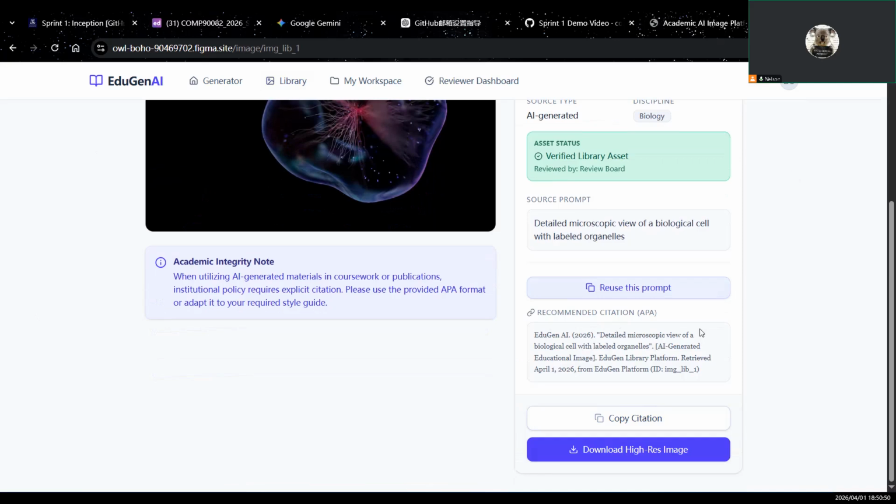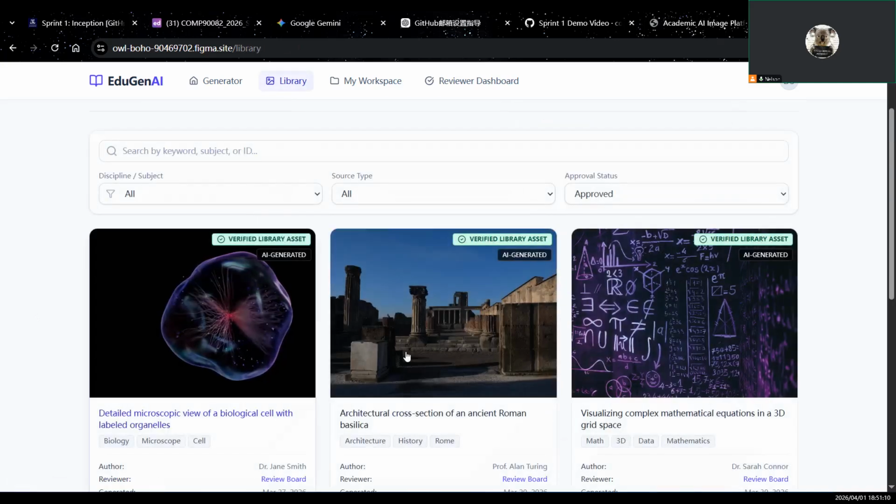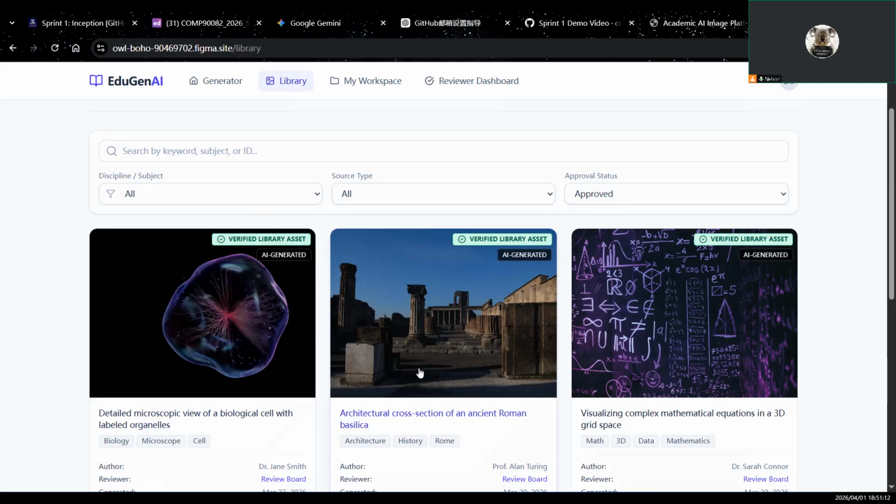The client suggested that the library should become more central in the system, rather than treating generation as the only key function. In response, the final prototype represents the library as a reusable academic resource with verified access, metadata transparency, and citation-supported reuse. So, in conclusion, overall, the final prototype shows a clear alignment between our user stories and